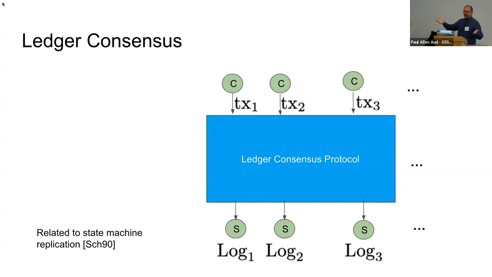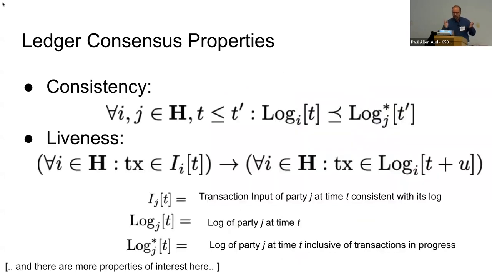In this case, we have clients who submit transactions, and there is a ledger consensus protocol that makes it feasible for a set of servers to produce a log of these transactions. Alternatively, you can think that they also want to execute those transactions. Those transactions are requests to process something. But let's take the simplest variant, which says they just want to build a log of all these transactions. Now, there are a few ways to try to define the properties of such a ledger consensus protocol.